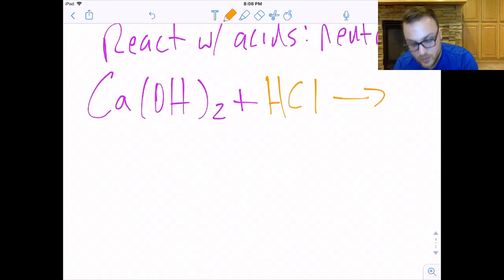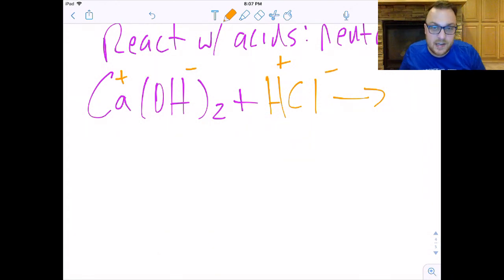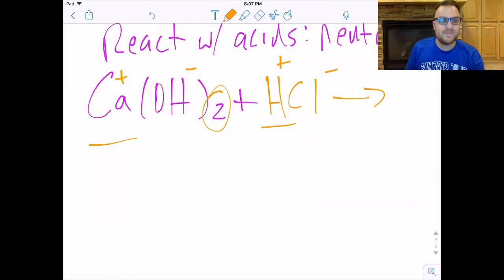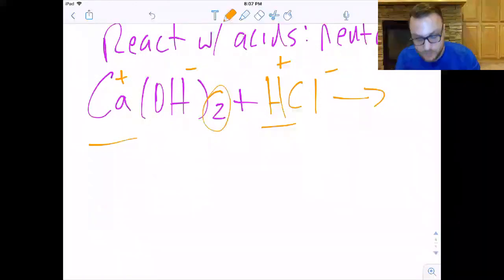Again, the positive ions will switch with each other. So when you look at a formula that's ionic, the positive ion's always going to be the first one. So I'm going to take that Ca, I'm going to take that H, and I'm going to switch them. And don't be a subscript dragger. Don't drag that across left to right. Leave that where it is. You get HOH